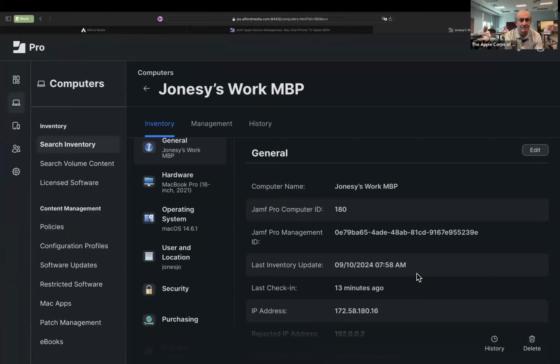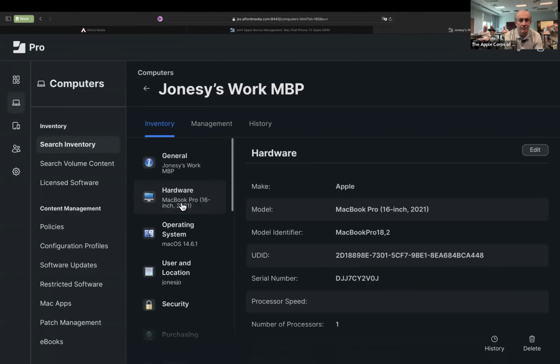So one of the nice things too is I can pull up information about a very specific computer that is in our control. It gives me a lot of different things that I can look at. One, it can tell me what piece of hardware that person is using, so I can know, hey, this person, they're still rocking an M1, Apple Silicon. When it comes time